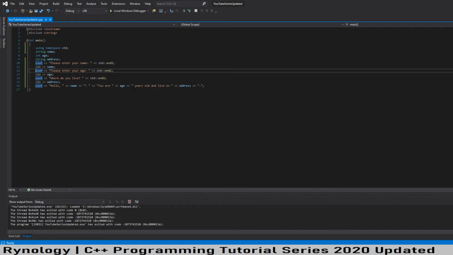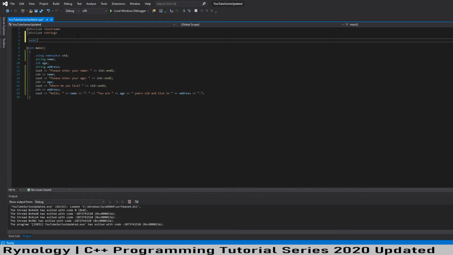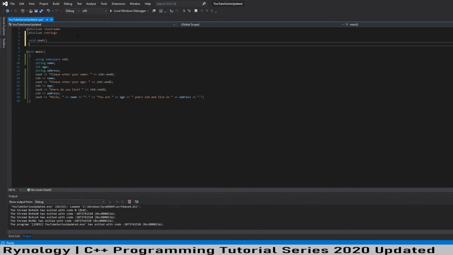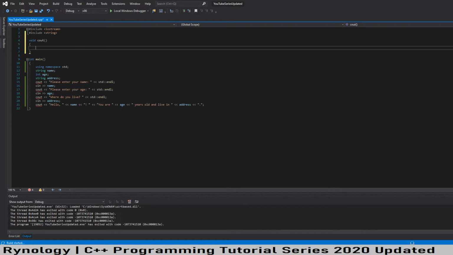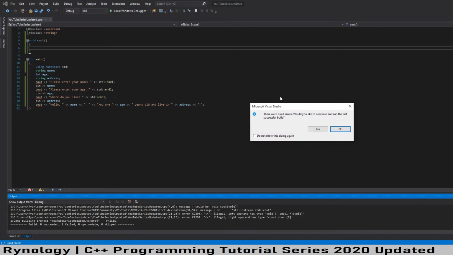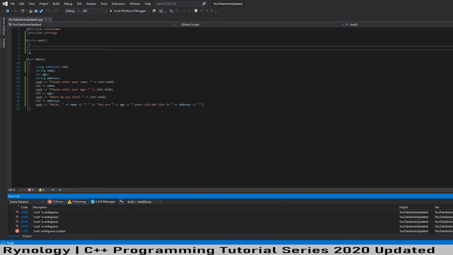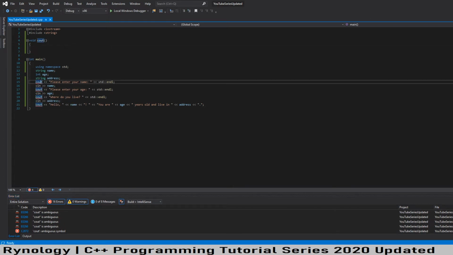But if that's the case, for example, if we create a function called void cout, there's an error here. Why? Because it's a naming collision. Cout is ambiguous because is cout referring to the cout within the standard namespace, or is it referring to that function? That's why this could be a bad line of code to have in